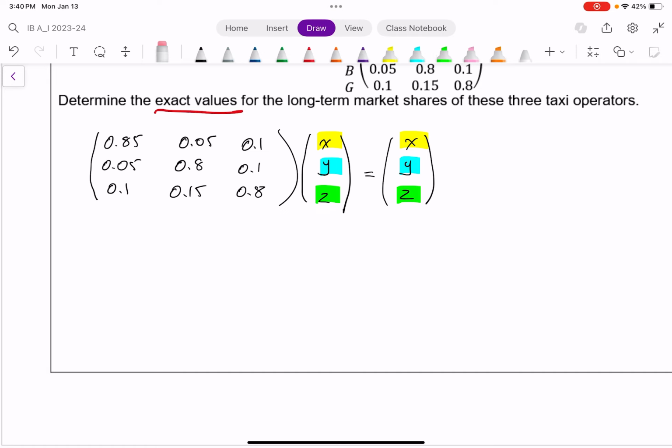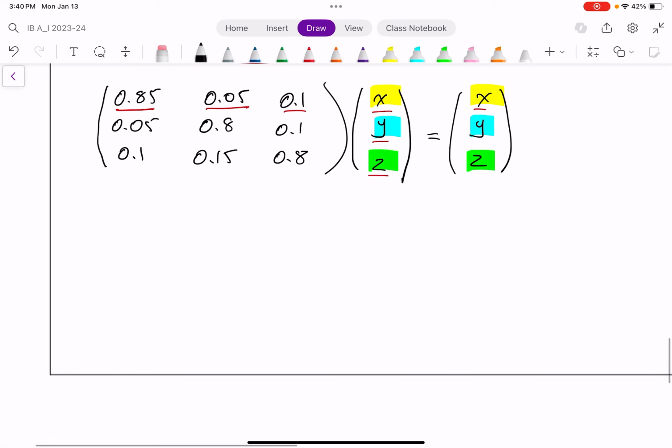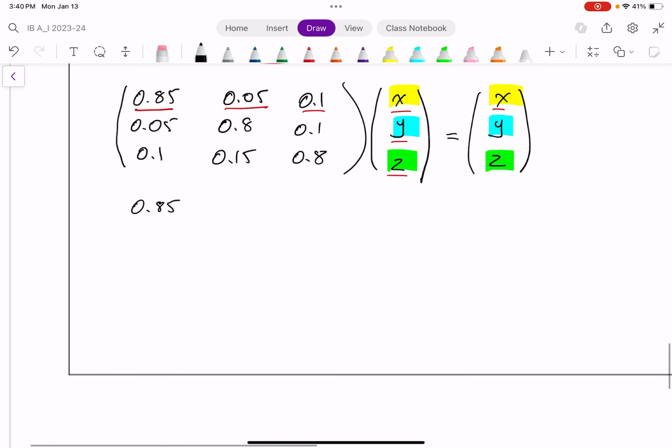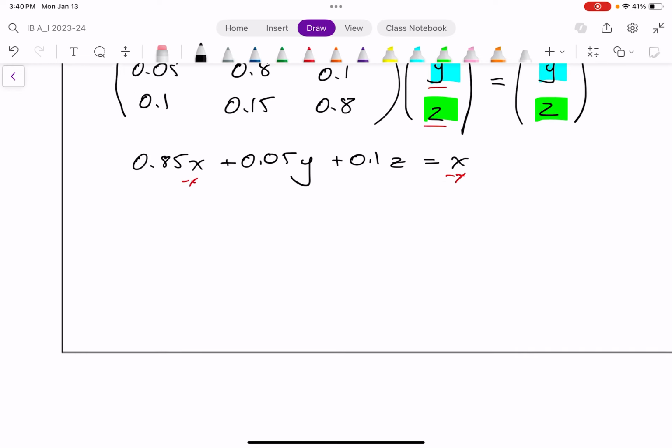Well, I can create a system. Using matrix multiplication, for example, 0.85 times x plus 0.05 times y plus 0.01 times z should equal x. That said, that equation is not wrong, but I want to adjust it slightly. Because if I'm going to deal with a system, it's nice if my system equals a constant instead of having x on the left and the right-hand side. It's not difficult to subtract x from both sides,